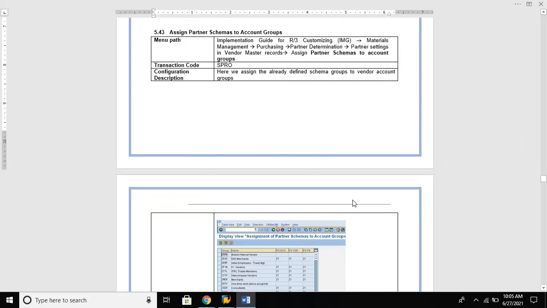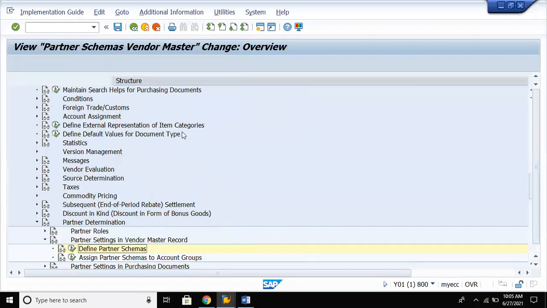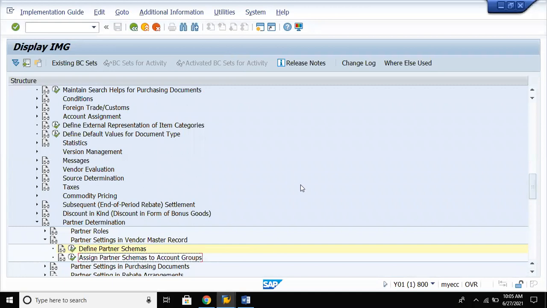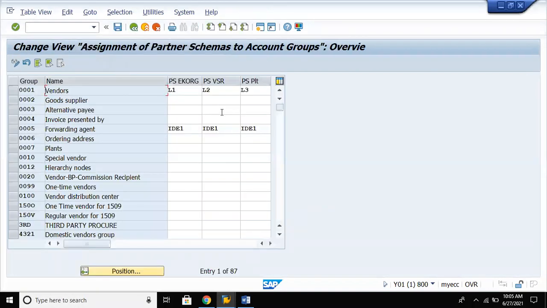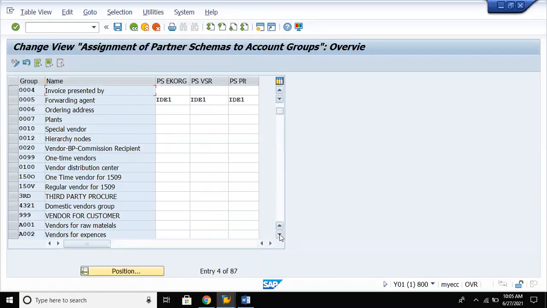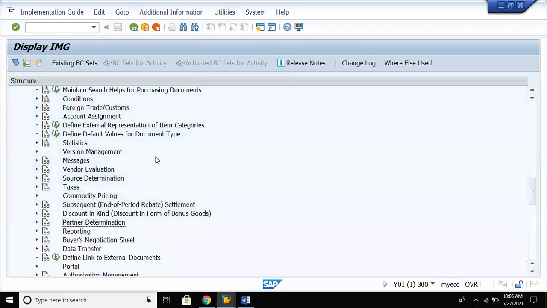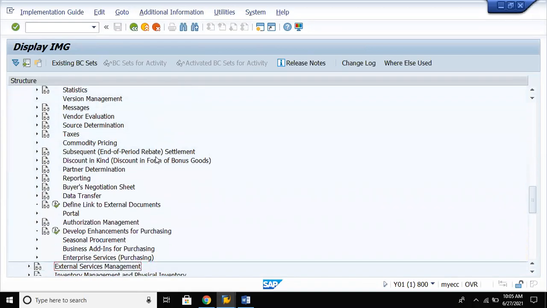The path is the same till Partner Settings in Vendor Master Data, then Assign Partner Schemas to Account Groups. As we haven't created any vendor group as of now, before we assign this, let us create vendor groups. We can create the vendor groups in vendor master.